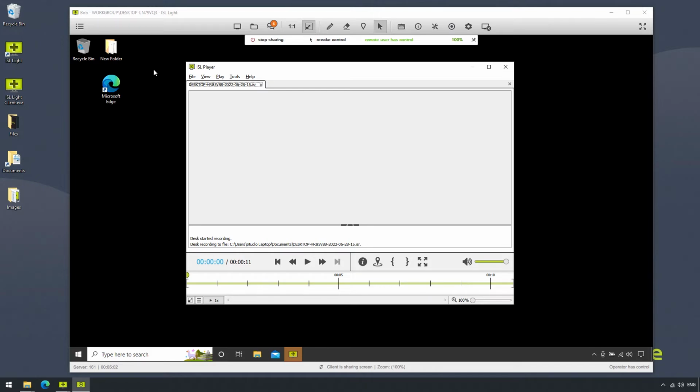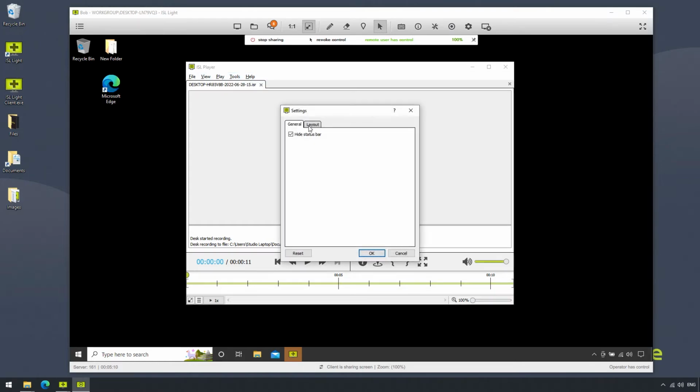So before we press play, let me just quickly make you aware of a functionality located in Settings, which can be found in the Tools menu. If we click on the Layout tab, we can select which elements of the recording we would like to keep for the final product. If we would only like to see the video, for example, we can go ahead and uncheck Chat, which, as we can see right here, displays all of the main events going on during the session, as well as messages between the remote and client side.